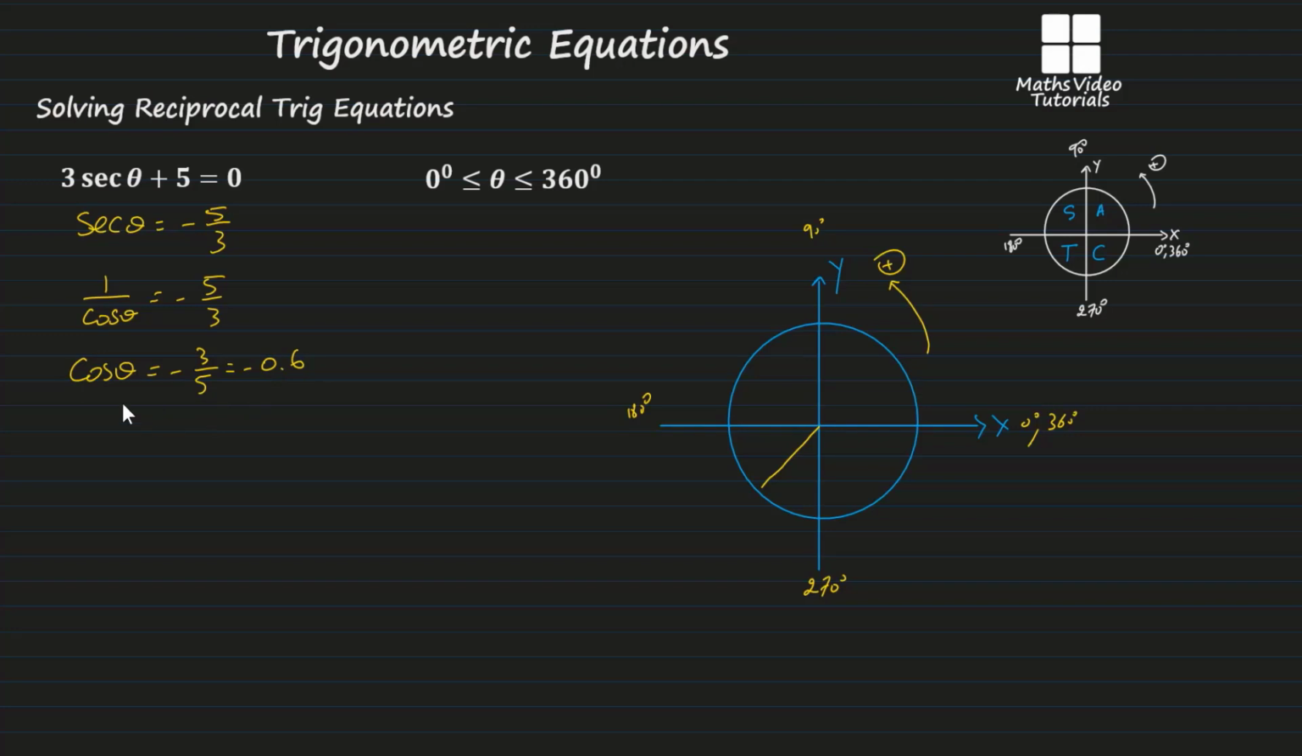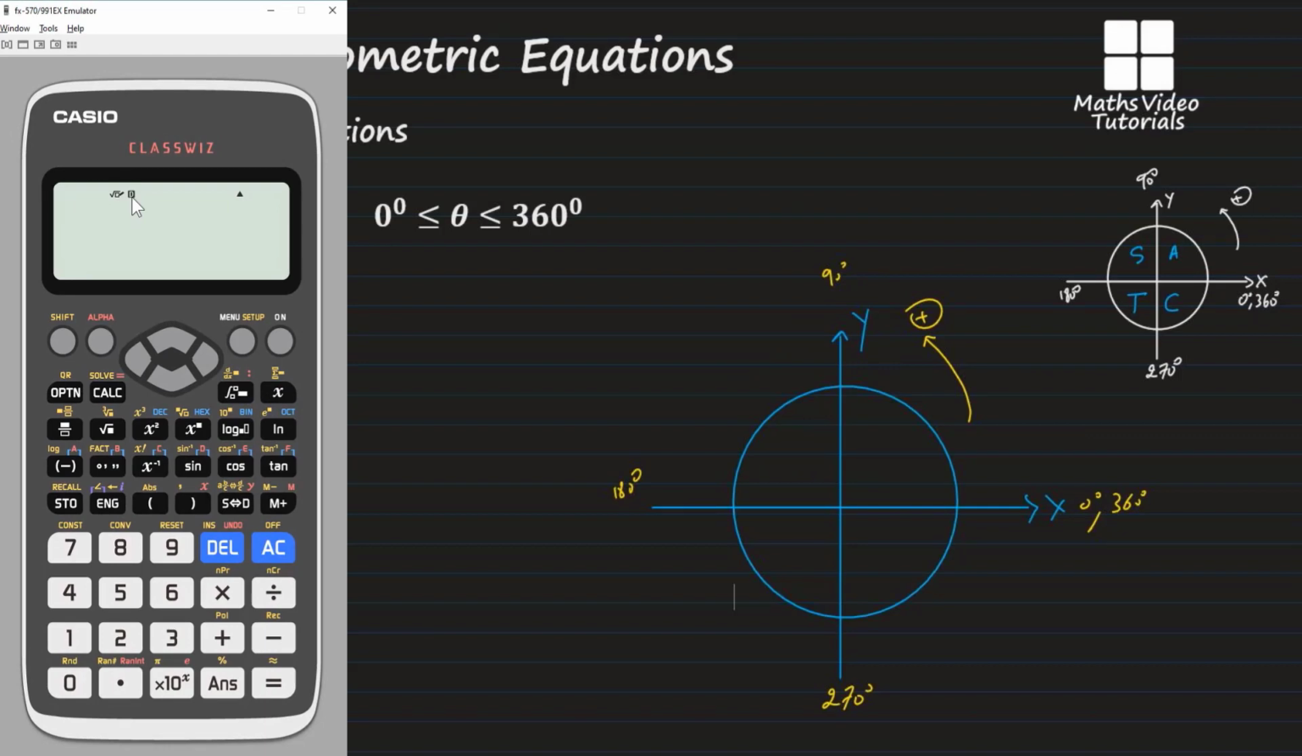minus 0.6. Now we can go ahead and calculate the angle theta using the inverse cos of minus 0.6. And then we grab the calculator to get the answer. So just a reminder, make sure your calculator is set to degrees, because we are working in degrees. And you press shift, cos, and minus 0.6, and the answer is